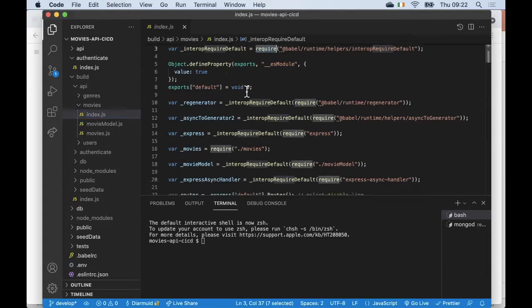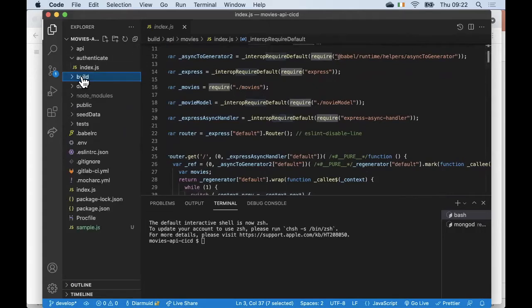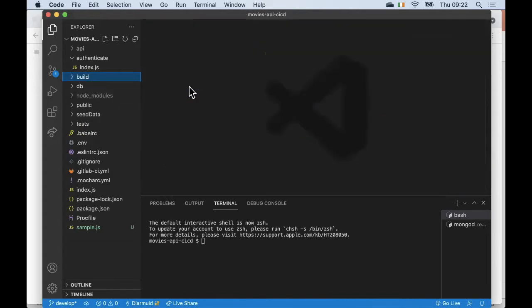You don't really need to look through this code at all. The whole point is that you write your code in ES6 plus and Babel will compile it down to ES5. So how do I create this build folder? Well, if I go back to my package.json,